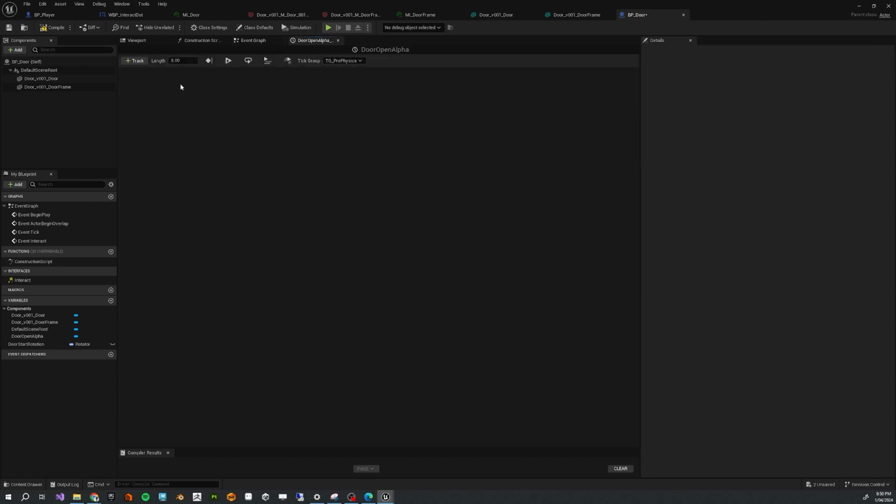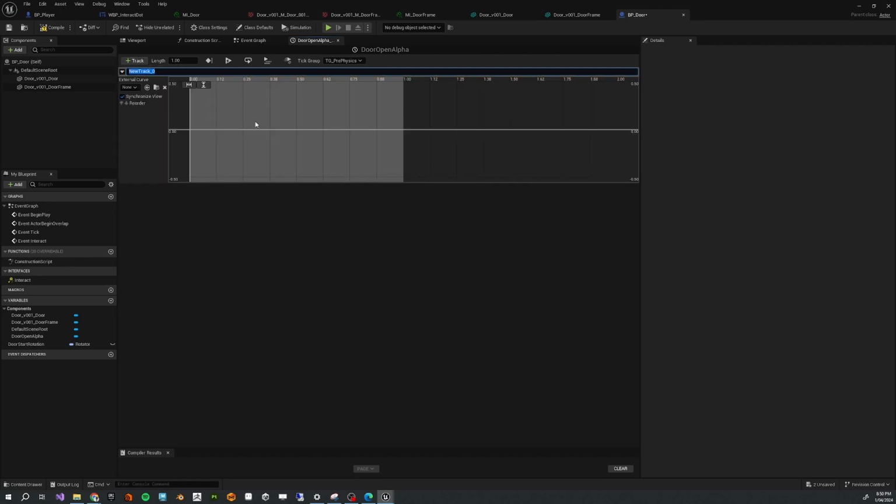And if we open up our timeline, it'll have nothing in it yet, but we can set the length. So we probably want to take 1 second to open. So we'll leave that at 1. And we'll add a track, and we'll add a float track. And this is just going to be a variable that animates over time how open our door is going to be. So when it's 0, our door will be closed, and when it's 1, our door will be open. So we'll call this door open alpha,